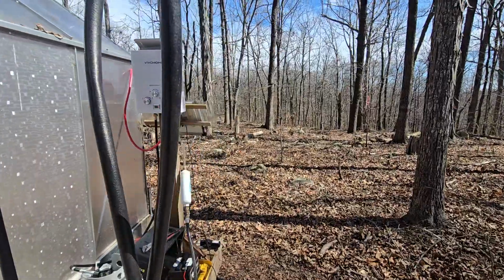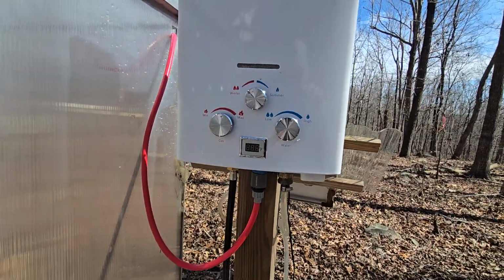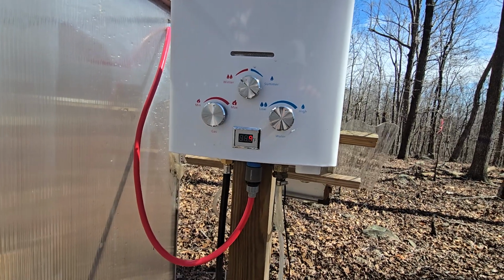It says it's at 99 degrees. So we could turn the heat up a little bit more if we wanted to. We have this set to winter. I don't know if that makes a difference, but